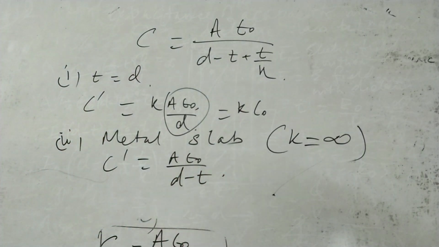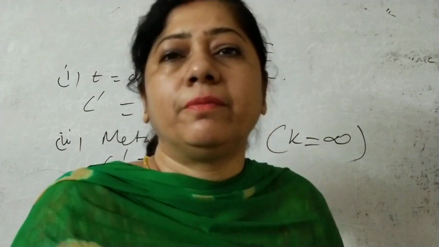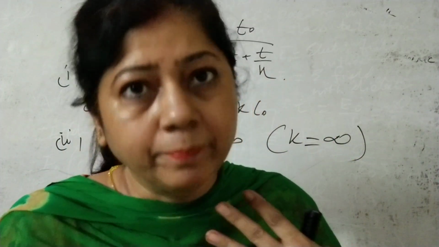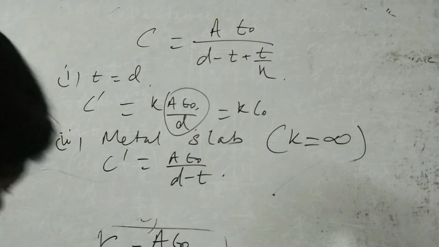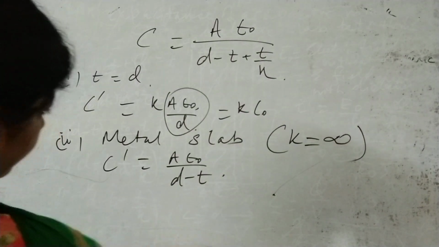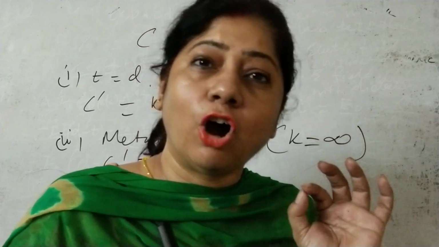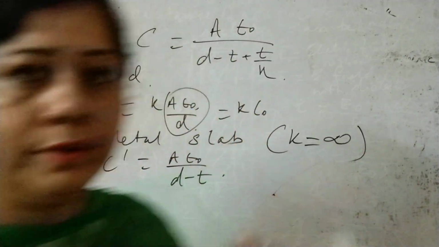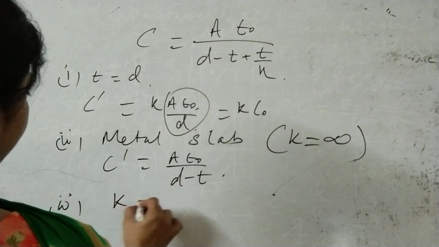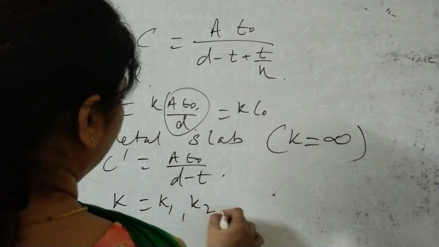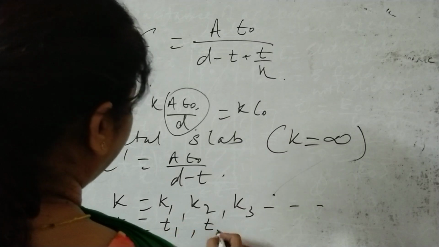Now suppose you have a capacitor and you have taken different slabs of different materials. So what you find is that K will differ and the thickness will differ. So in this case the capacitance will also be different. Let's see. If you take a capacitor and you introduce dielectrics of different materials, this K value may be K1, K2, K3 ... So T is also not the same, T is also variable.